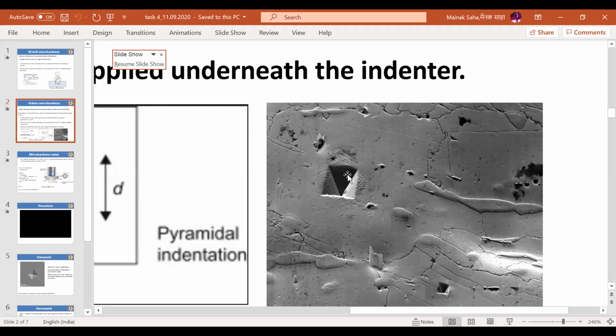Yes. So that's why I was saying, this was actually looking like a square, no? So this is a kind of square. But now the second question is, this square is bigger than this square. Why? The top square is bigger, and the second square is smaller. The load has been increased compared to the smaller one. Correct. Okay.